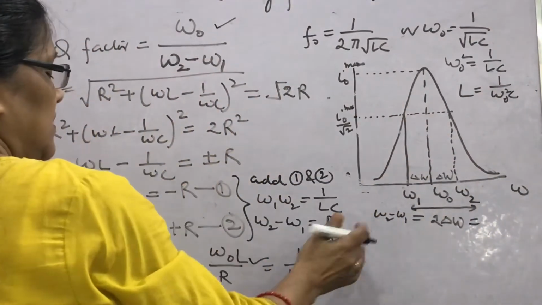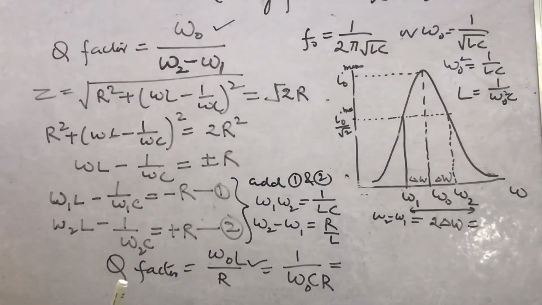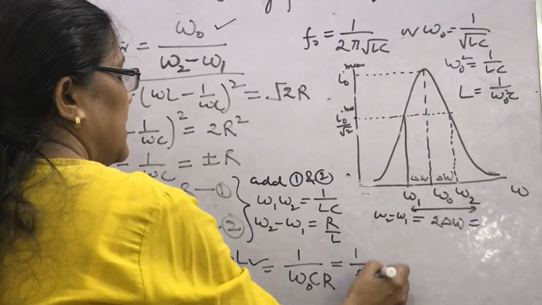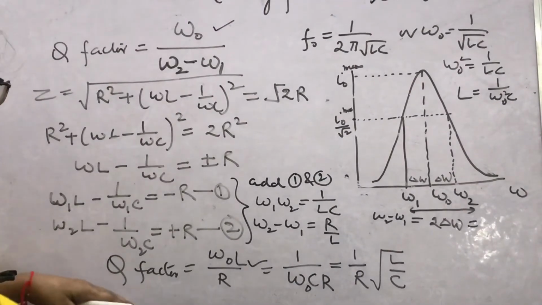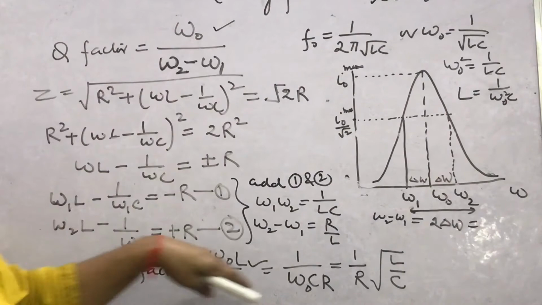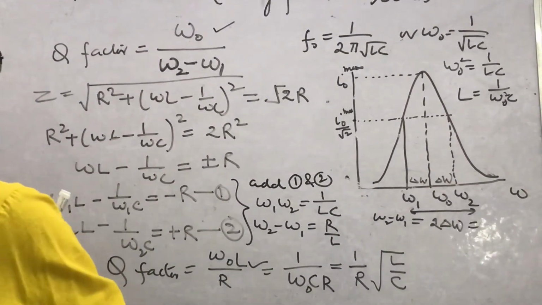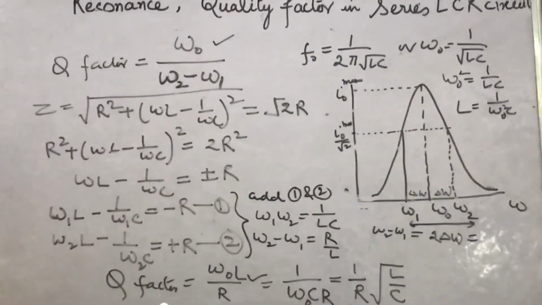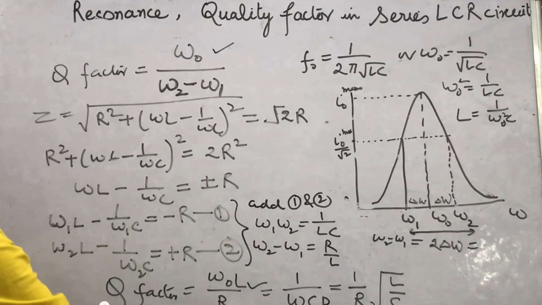So, using these relations you can find this one, and the third one in terms of L, C, R all. You can write the quality factor as 1 by R root L by C. So, what we have seen is that quality factor is given in these expressions. Also, in one question I have seen how the quality factor is defined. Just now we have seen that quality factor is omega naught L by R.